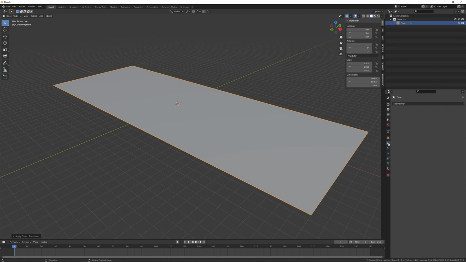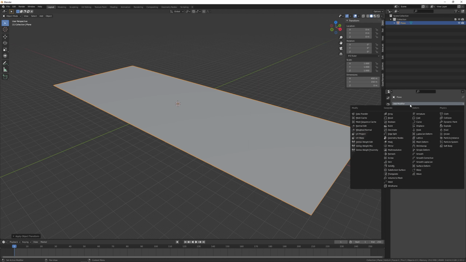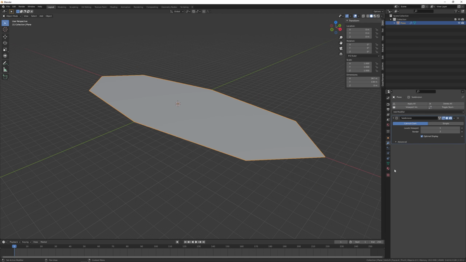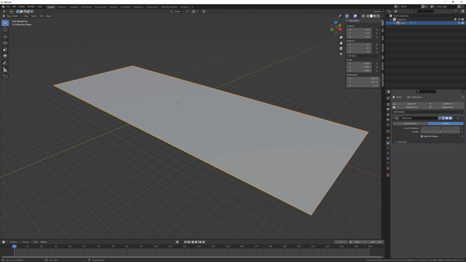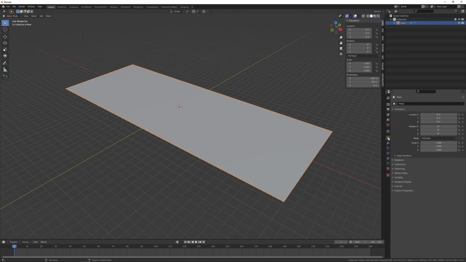Then I go into this modifier tab and I add a subdivision surface. I set it to simple and I set it to, let's try 8 in the viewport. I can go in here, viewport display, show wireframe, all edges.